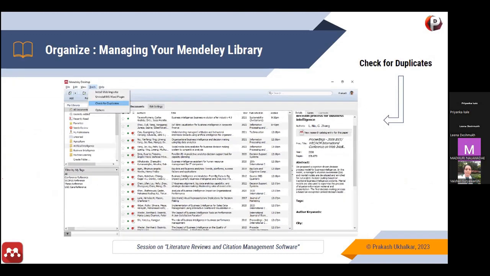Then, what if you have added the same document multiple times? Because you have already added hundreds of documents, there are possible chances that you have added the same document again and again. You just want to avoid or remove those duplicates. That option is also available in Mendeley. You just have to click on Tools, go to the check for duplicates option, and from there